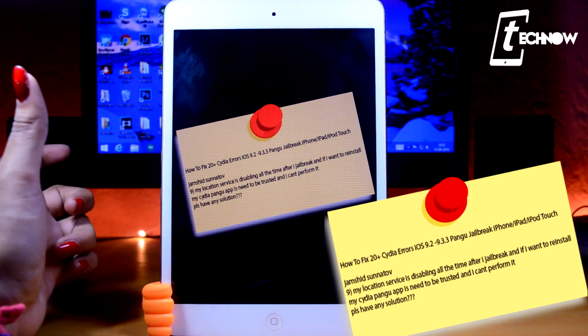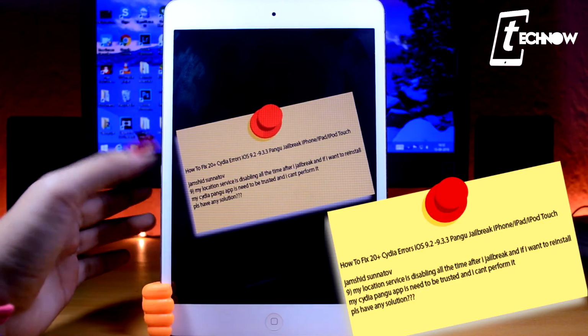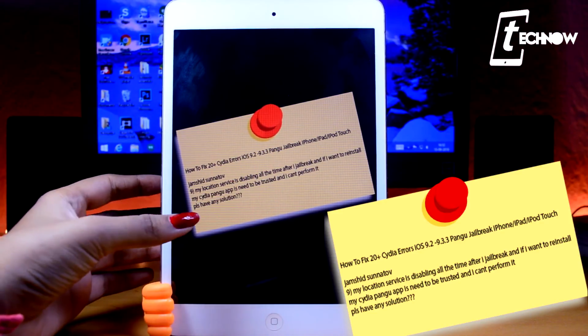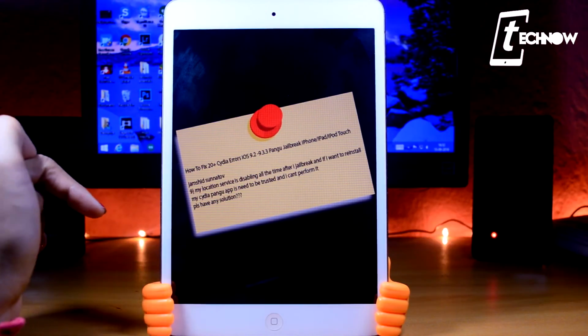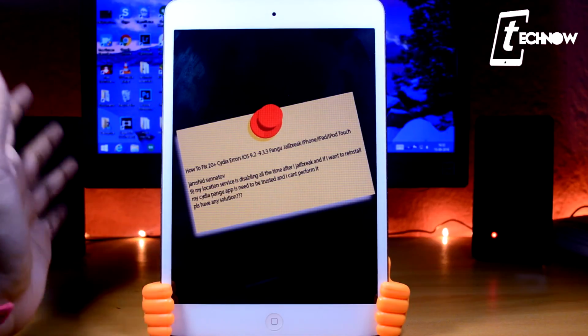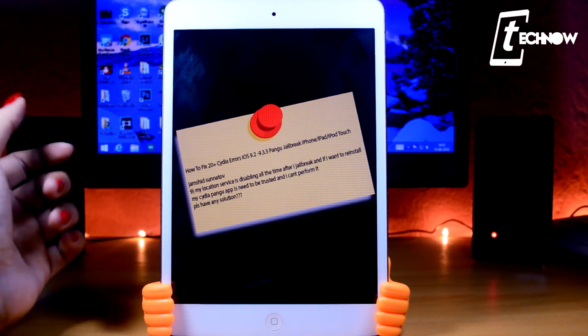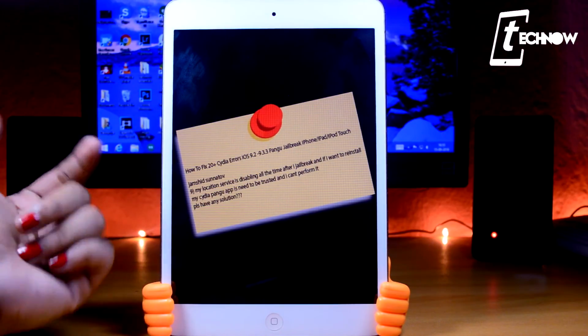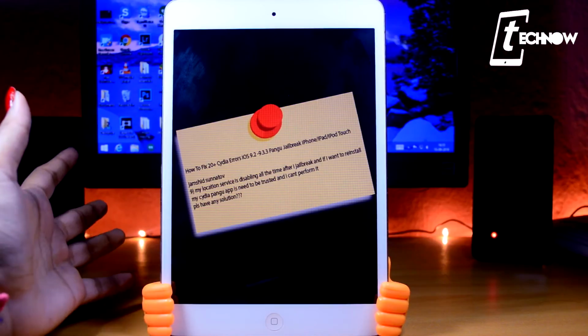You're required to keep a bit of mobile data, because when your device is non-jailbroken and you're trying to jailbreak it using the Pangu application, the Wi-Fi doesn't work for some time, and during that particular time you're required to enable the mobile data of your device. So if you're having mobile data, you won't be facing this problem. So keep a bit of balance on your device, and whenever the Wi-Fi isn't working, just switch on to your mobile data and your problem will be solved.